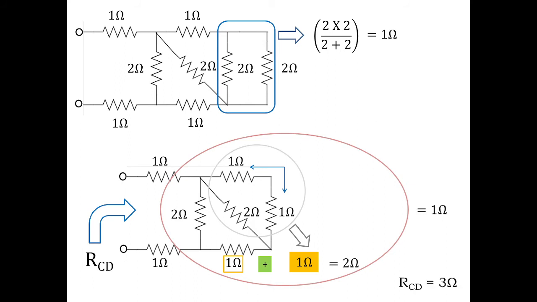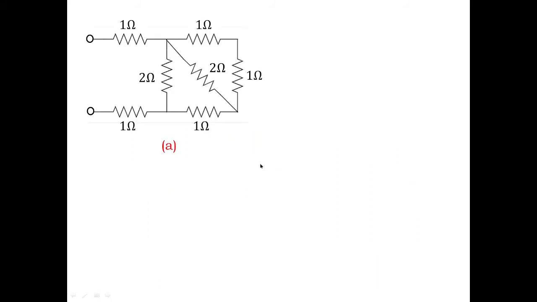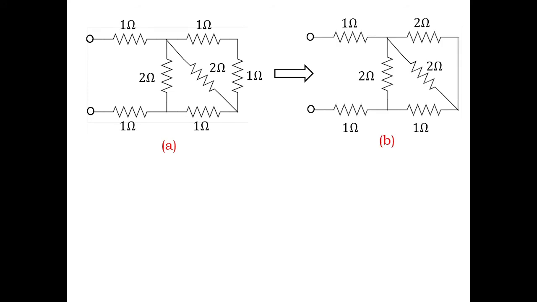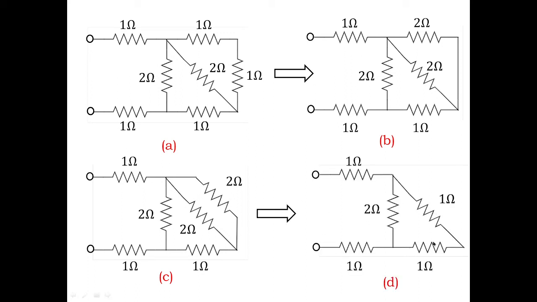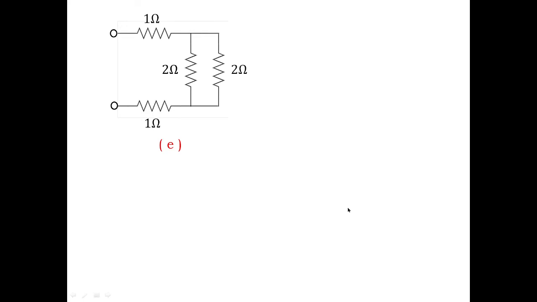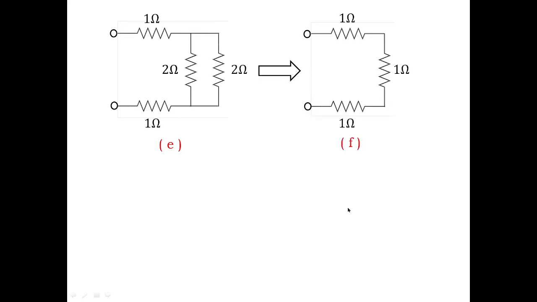This is one way of looking at this network, or I can read out the network which was given in the particular problem, C and D. It was reduced to step 1, then this can be further reduced in this fashion, further it can be taken in this condition, and this is another way of reducing the network. And now this 1 and 1 are in series, the parallel value with 2 will give you the circuit to be in this fashion, and finally you will reach this circuit. Anyhow, you have calculated the value of RCD, which is obtained as 3 ohms.